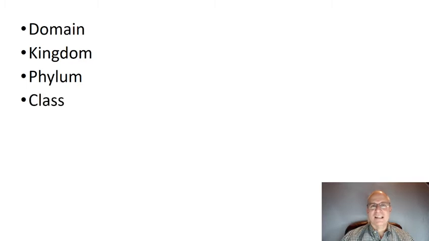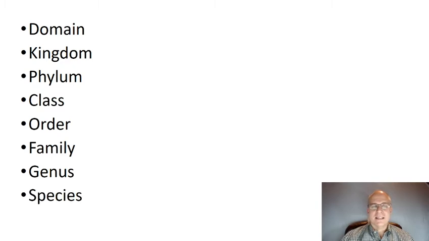So our levels of taxonomy include domain, kingdom, phylum, class, order, family, genus, and species. Now, if your instructor, if it isn't me, is requiring that you know these levels of classification, and I suspect most of them will, a good way to remember these levels of classification is to use something called a mnemonic device. A mnemonic device is where we come up with a silly sentence where the first letter of each word in the sentence is the same as the first letter of each word in the list that we're trying to remember.